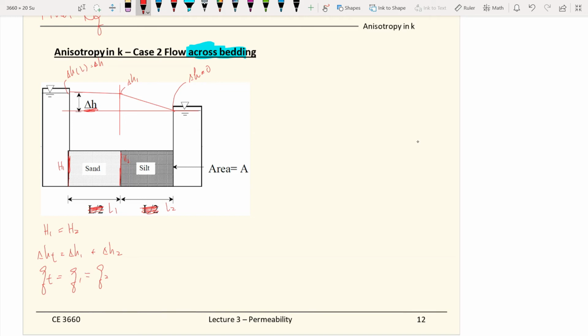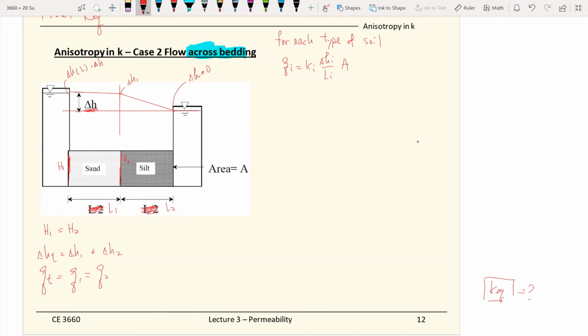So the total amount of flow is pretty much the same throughout these two soil sections. First of all, at the end of the day, we should be able to find this K_EQ, the equivalent K for the system. So for each type of soil, if we set up our equations, Q_i will be equal to K_i times the head drop over L_i,